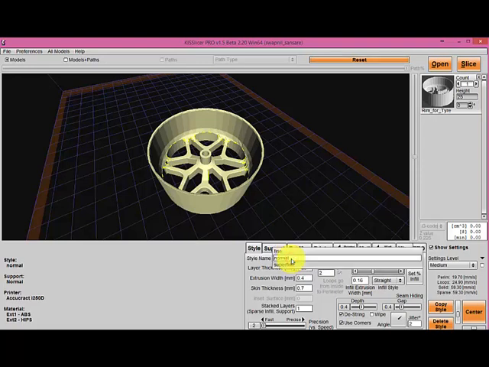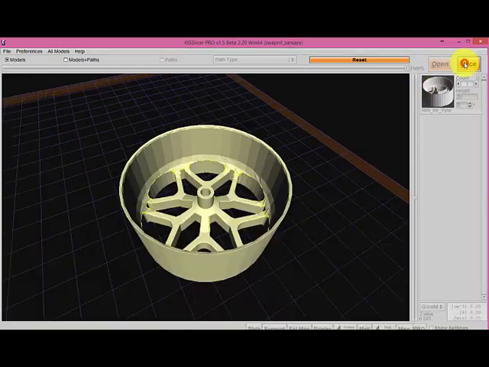The slicing is dependent on what kind of style you want to fix. By default we have set the software for three different styles: fine, normal and super fine. If I select the normal settings, the layer thickness is set to 0.25 millimeters, that is 250 microns. The infill is set to 20%, which you can change by just scrolling the button. So if I set this infill to 50% and slice it,